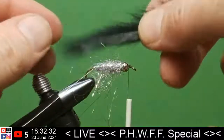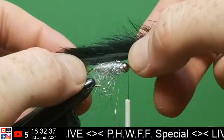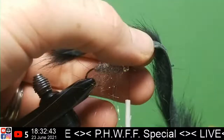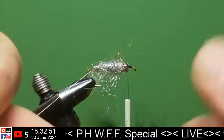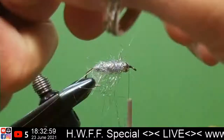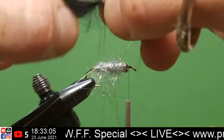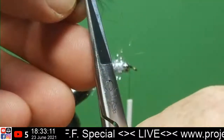Alright, let's measure this out. We got a hook's length right there. We'll take that all the way to the back. And that looks pretty good. Alright, say it with me now. Cut the hide, not the hair. Just work your scissors right underneath. That way when we get to our next section, if you just chomp the whole thing, you lose that whole little bit. But now, we're going to give ourselves just a little bit. Now we're actually going to cut the hair. Just this tiniest little bit. I don't even think this really matters, but